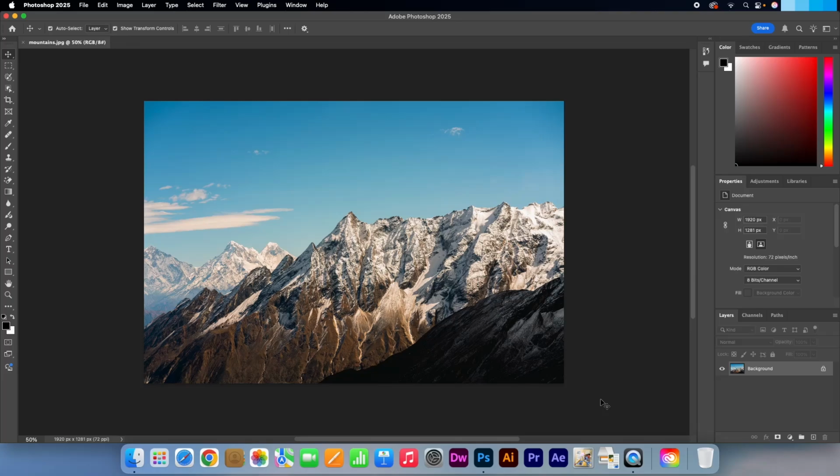In this quick tutorial, I'm going to show you how to instantly fade any filter in Photoshop using a forgotten shortcut. Knowing this will allow you to fade any filter instantly without using masks or layer opacity.